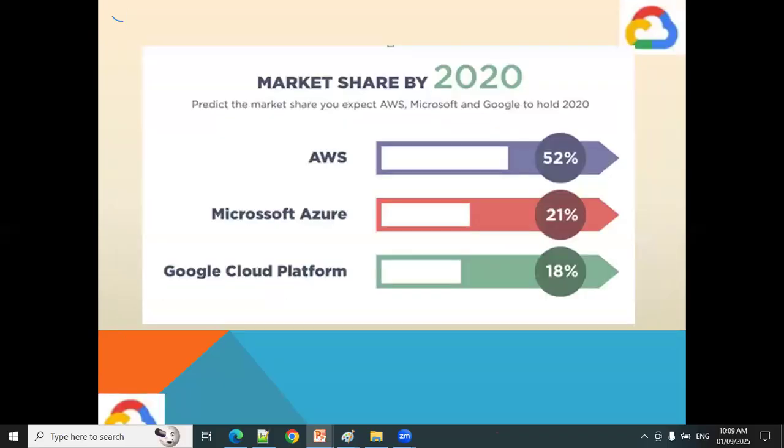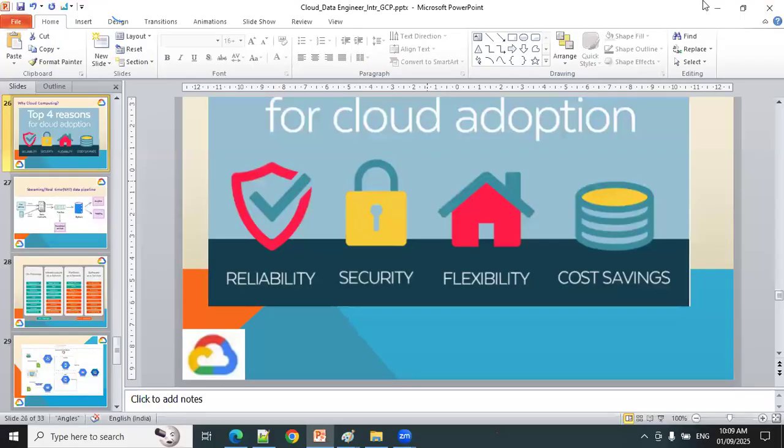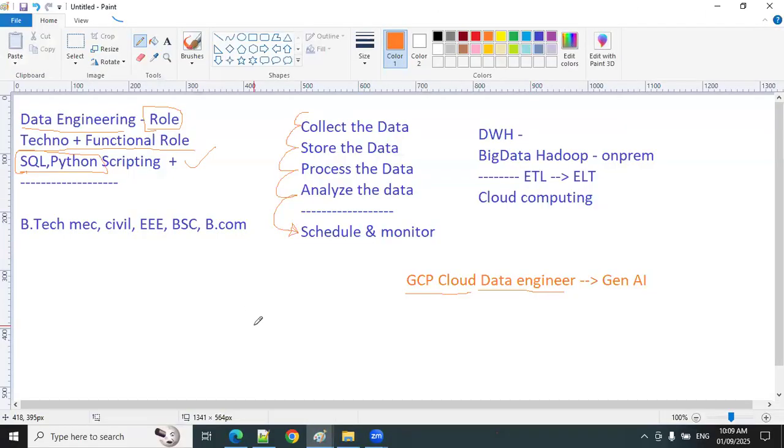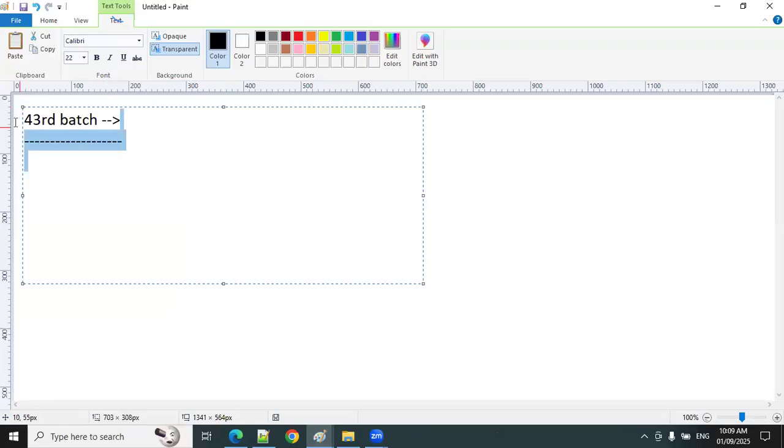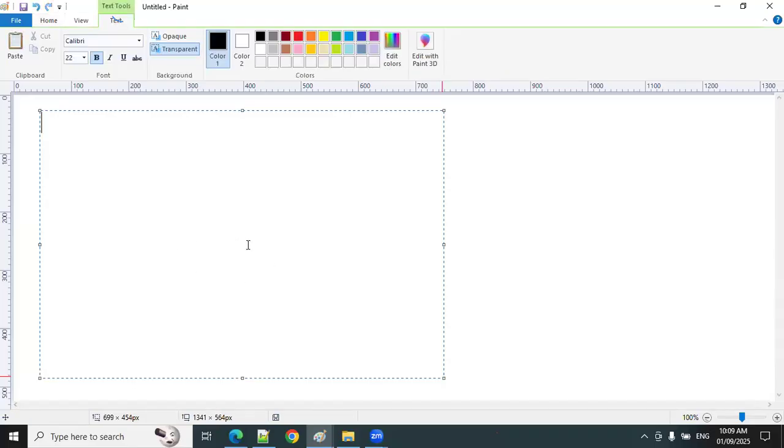Okay, guys. So already we discussed all these things. Right? So now we are talking about Google Cloud data engineering. Today and tomorrow, I'm going to take the orientation sessions, to make sure your mind will be connected with the data engineering role. Wednesday onwards, we are starting SQL. No lag, guys, as I told you. Immediately we are starting. So today I'm going to talk about what concepts are available in the market.